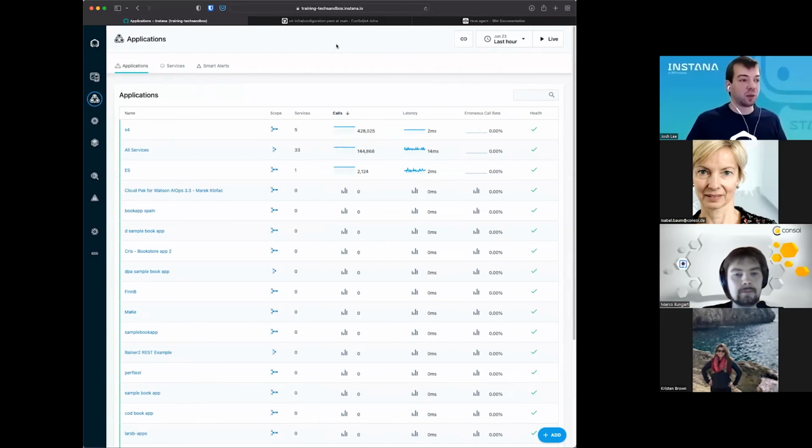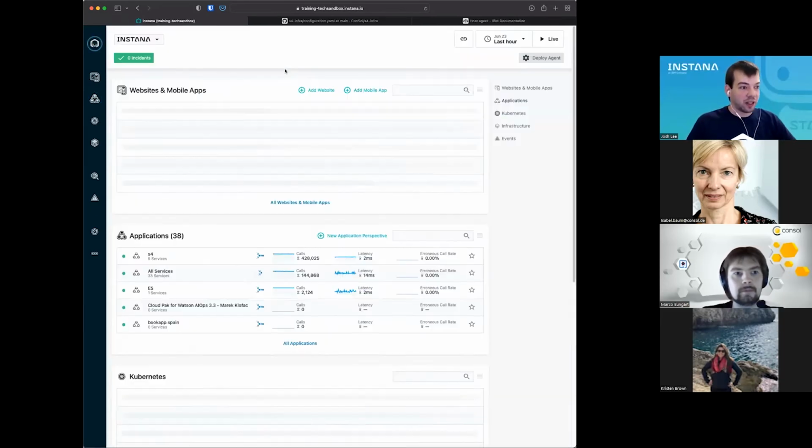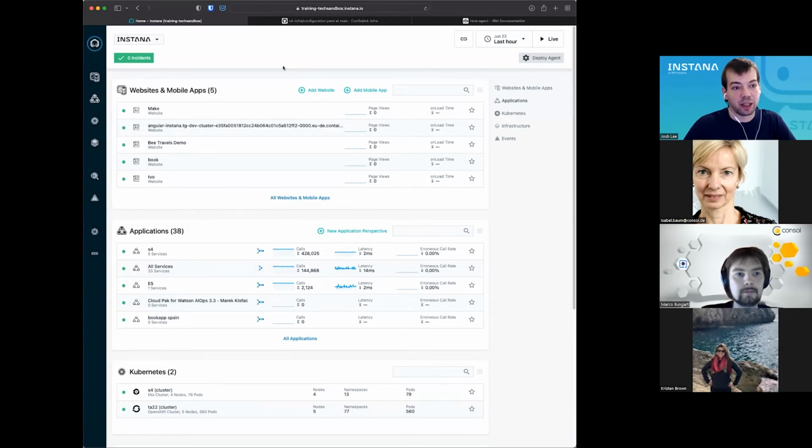Okay. So let's now dive into the actual Instana tool. I'm going to share my screen. Okay, so actually we should start on the homepage, but this environment is one that we use for a number of things. Some of our devs are running proofs of concept that are reporting data back to this Instana SaaS backend.